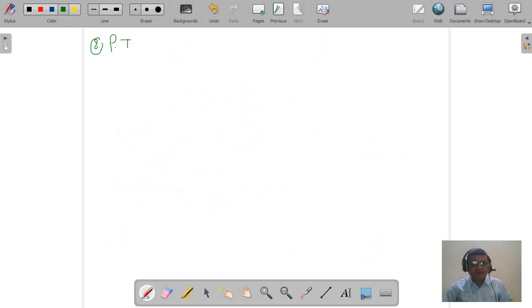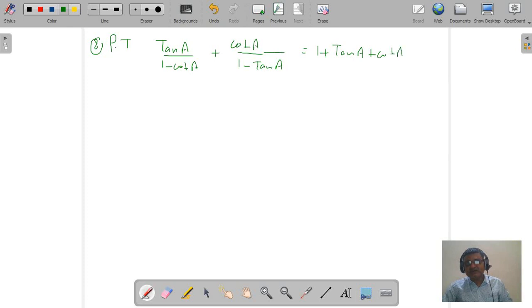Prove that tan A upon (1 minus cot A) plus cot A upon (1 minus tan A) is equal to 1 plus tan A plus cot A. Now the solution is